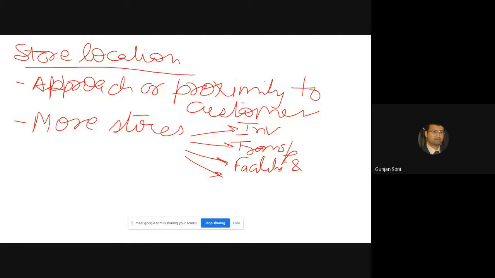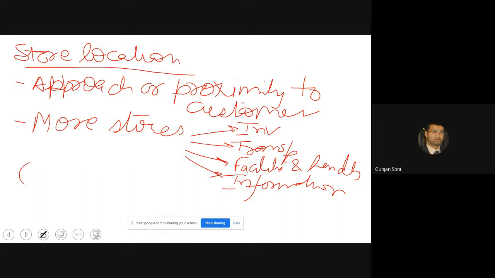So inventory, transportation, facilities and handling, and information. If you open more stores, what will happen to inventory? Will it increase or decrease? Increase. It will increase because,